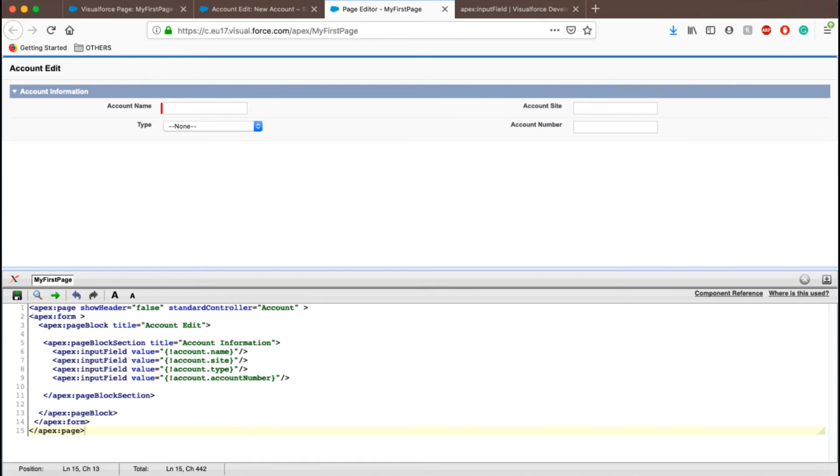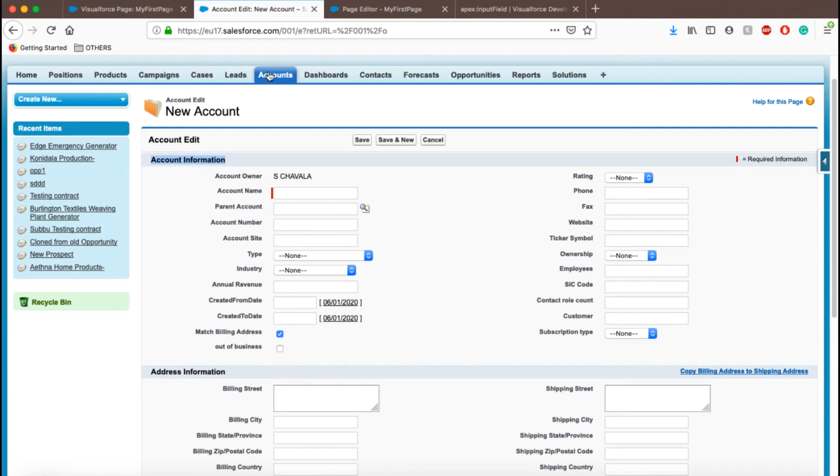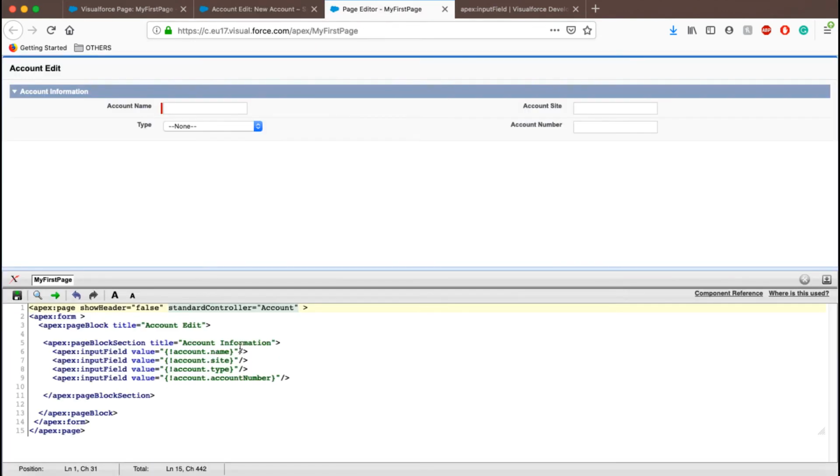When you write standard controller equal to account, Salesforce understands that this guy wants to do something with the account object. The input fields account.name, account.site, account.type, account.account number are fields from the existing account object. We are just using those fields in the Visualforce page. But where do these fields exist? They exist in the account object.